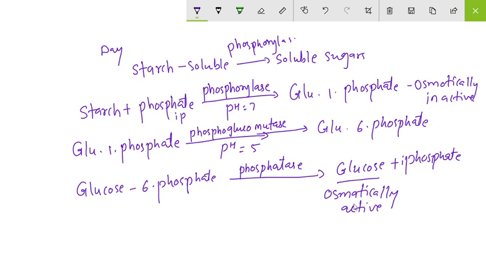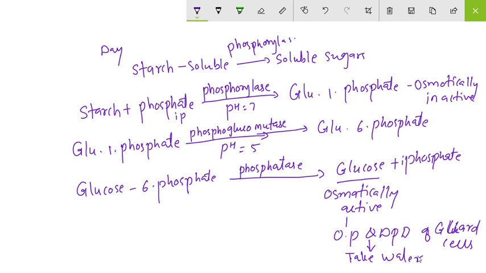So this glucose is osmotically active, meaning it increases the DPD and the osmotic pressure of the guard cells, and due to the increase in osmotic pressure and diffusion pressure deficit, the guard cells take water from the surroundings. And due to that, what happens? The walls, which are thin